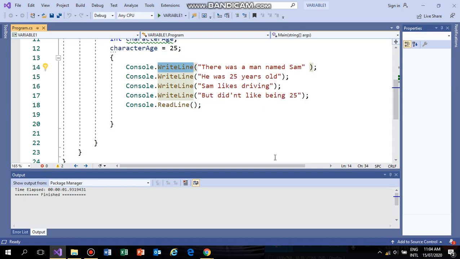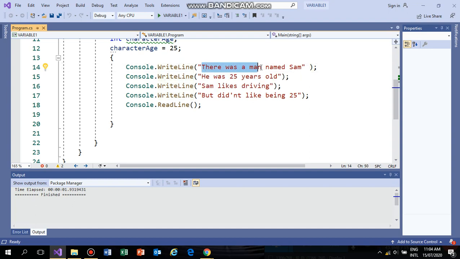A console application is a computer program designed to be used via a text-only computer interface, such as a text terminal, the command line interface of some operating systems. So here I'm going to write some lines.